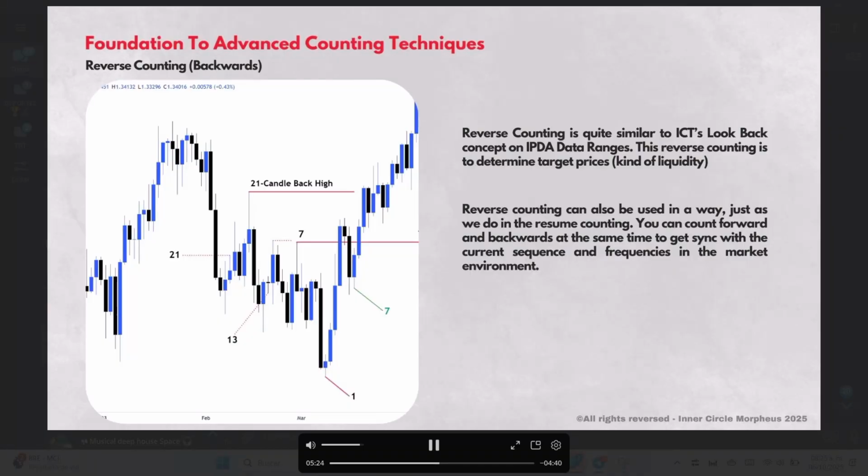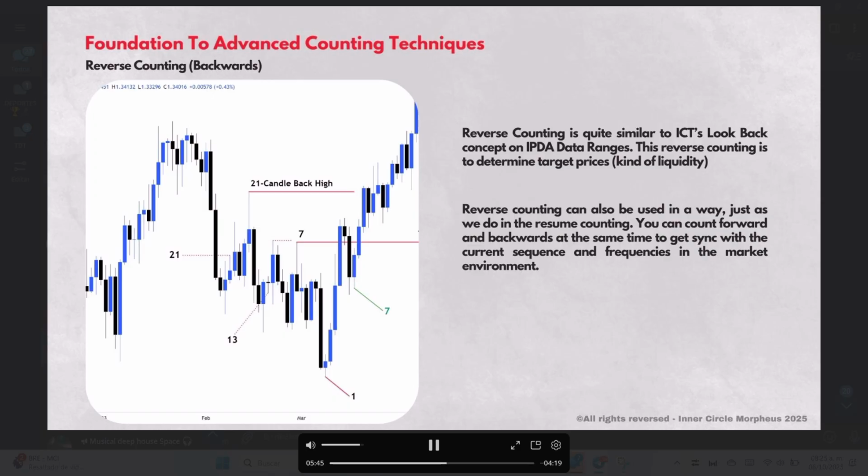Reverse counting. It's quite similar to ICT's look-back concept on IPDA data ranges. This reverse counting is to determine target prices, kind of liquidity pools. Reverse counting can also be used in a way, just as we do in the forward counting. You can count forward and backwards at the same time to get in sync with the current sequence and frequencies in